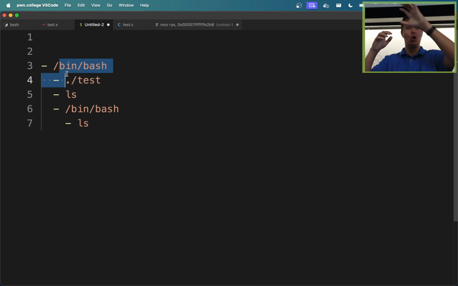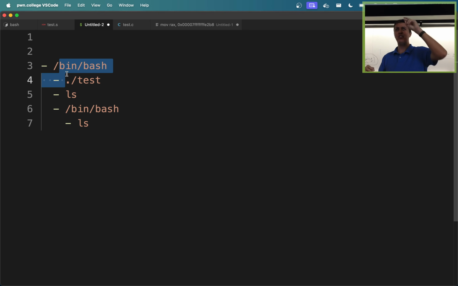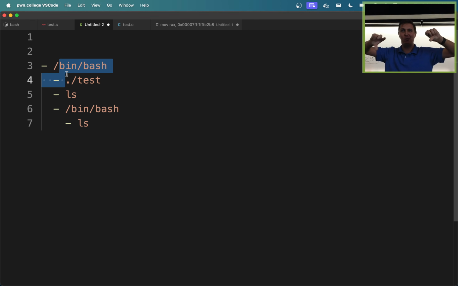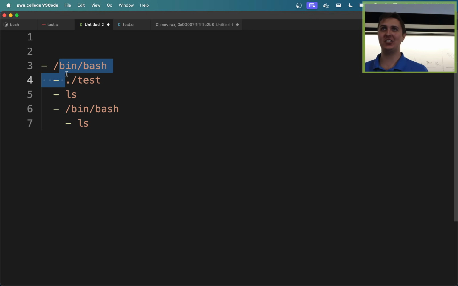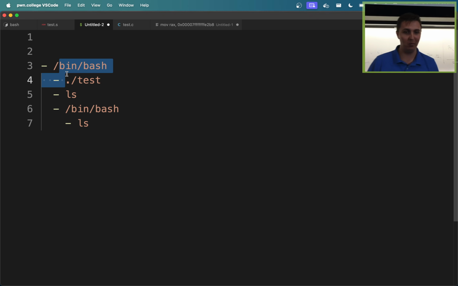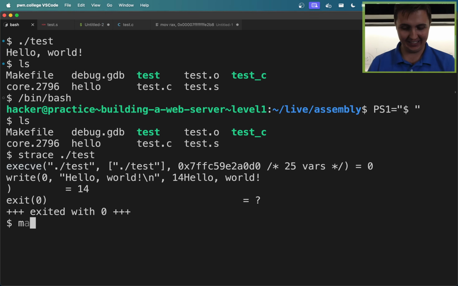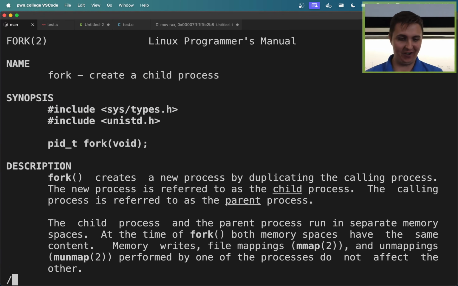Rather than no code will ever execute again after your fork system call, everything after your fork system call will execute twice. It'll execute in one process and another process. So exit means don't execute these instructions ever again. Fork means execute them twice,